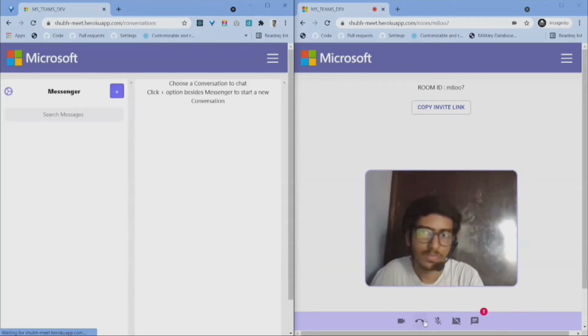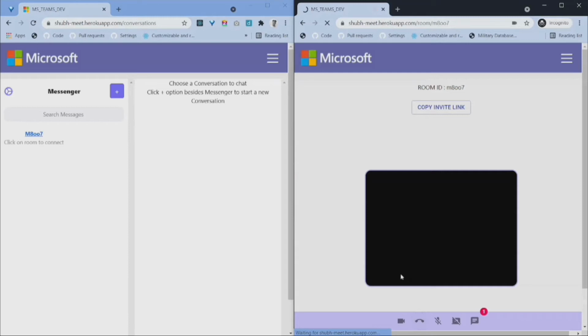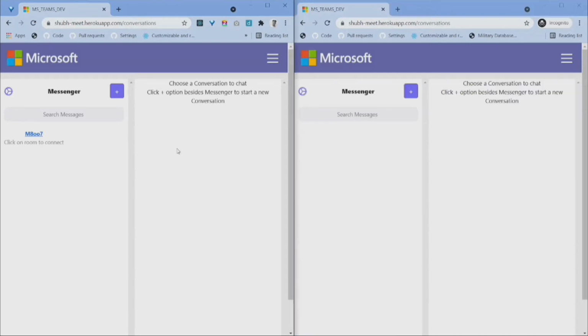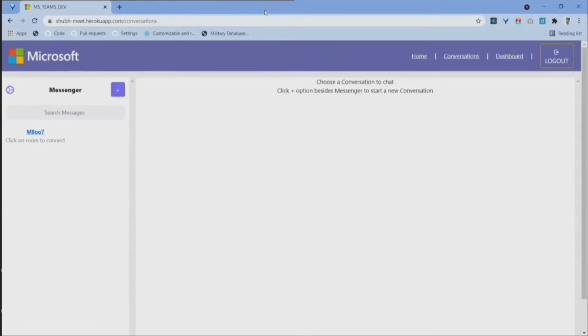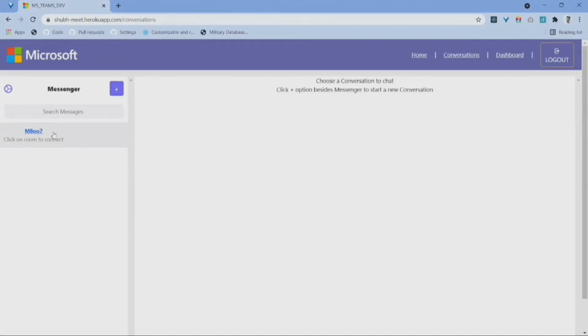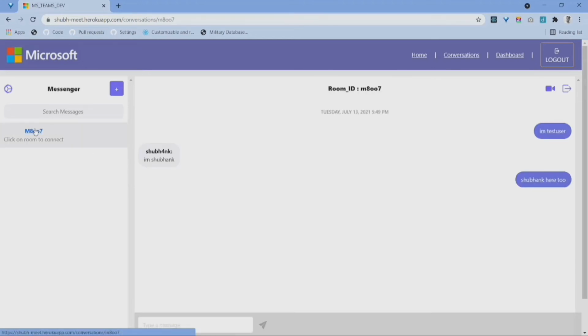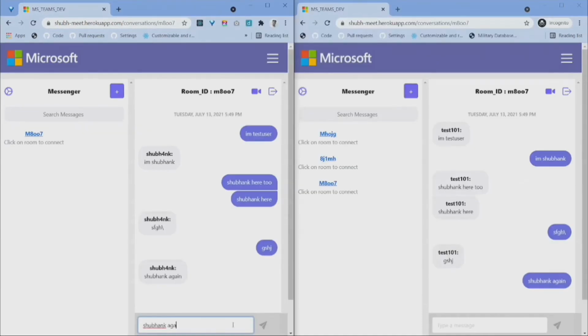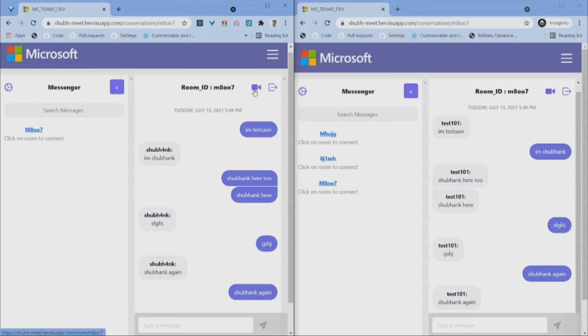On clicking the end call button, we are now redirected to the messenger tab, and in the messenger tab you can see that a room MH00007 is created, in which we talked just now. Whenever I click the room, I can see the chats that happened in the room itself. If you want to have a video call again, we can just click this video call button and a new meeting will be started right in there,